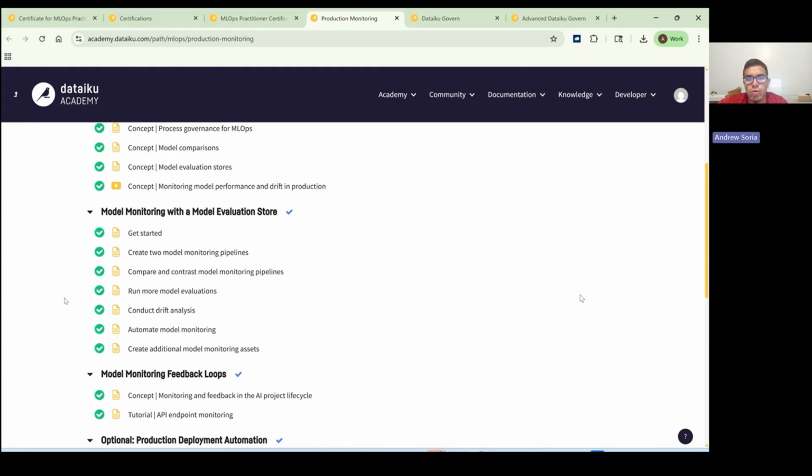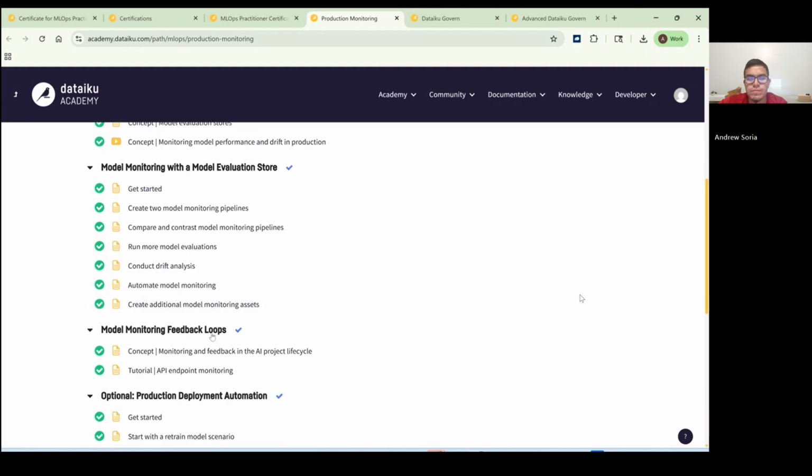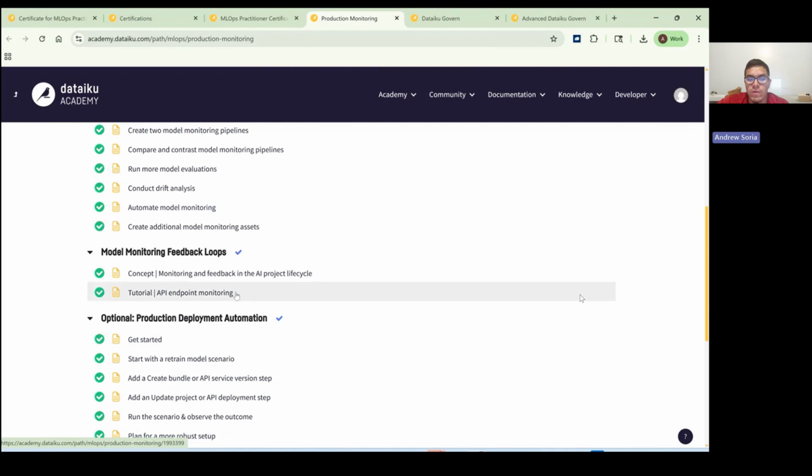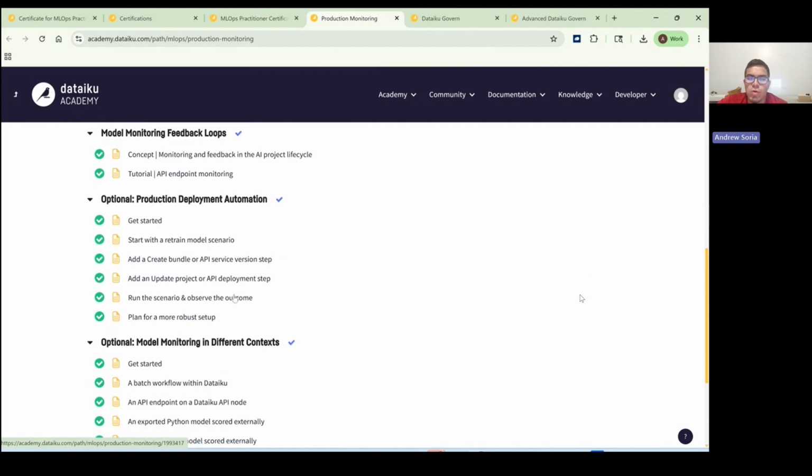You will get introduced to model evaluation stores, how you conduct drift analysis, and how you run the model evaluations. There are a lot of ways you can do a monitoring pipeline, and how you can create monitoring assets as well. You have API endpoint monitoring. We already talked a little bit about that. And then there are two optional